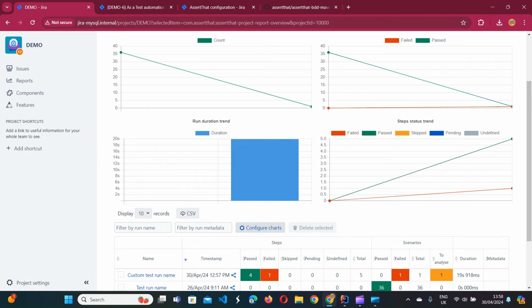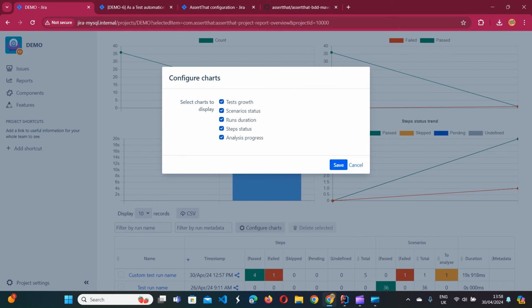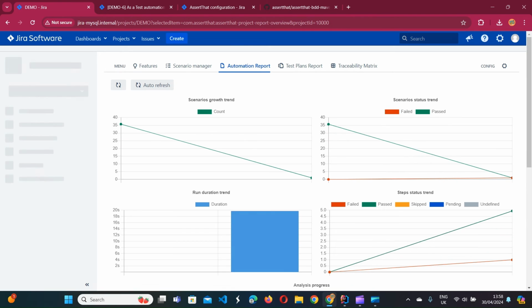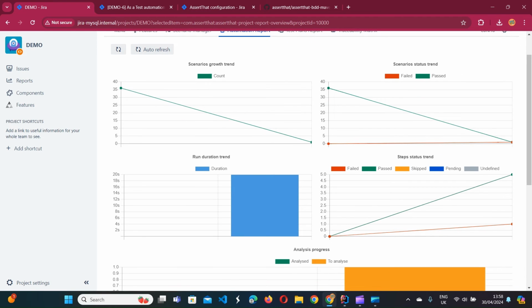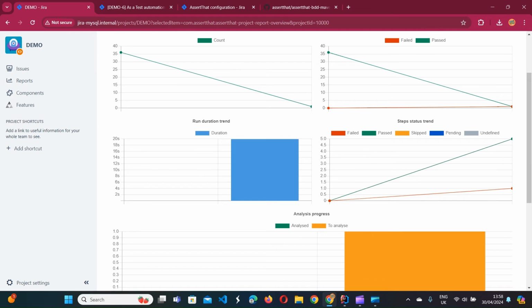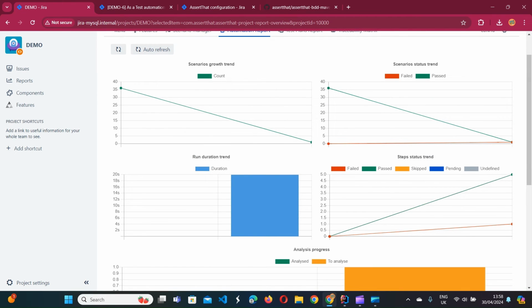Additionally, we see some charts here. So let's flip all the charts on, and I'll briefly talk you through what they are. First is the scenario growth trend that shows the number of scenarios executed in each of the test executions. Then scenario status, that is just a pass rate of the scenarios over time.